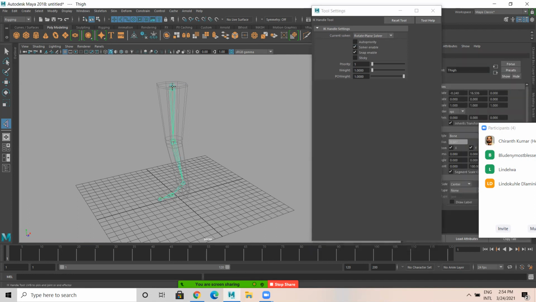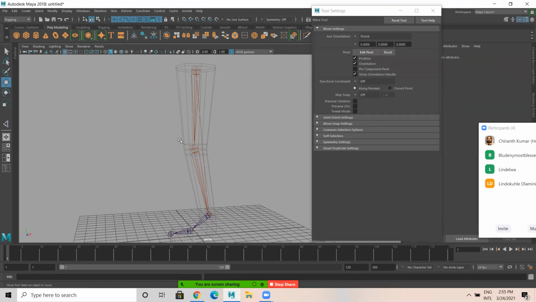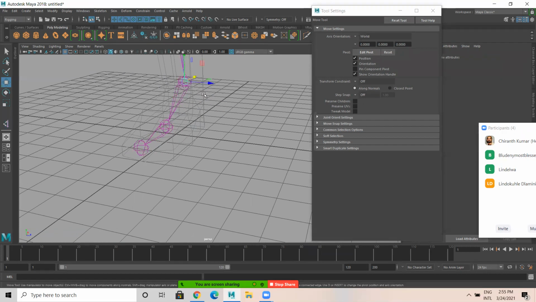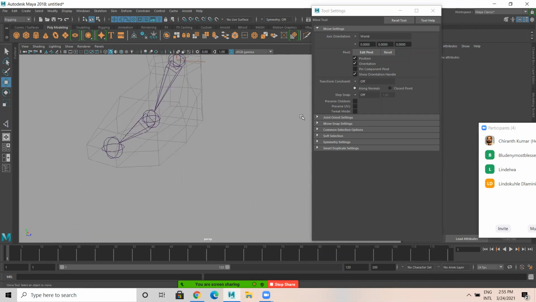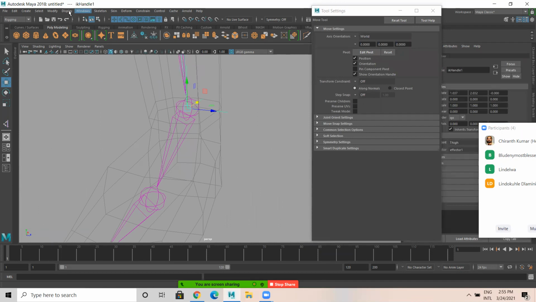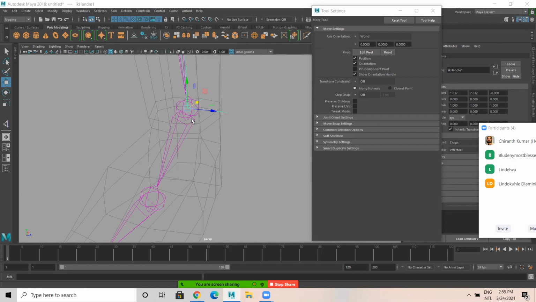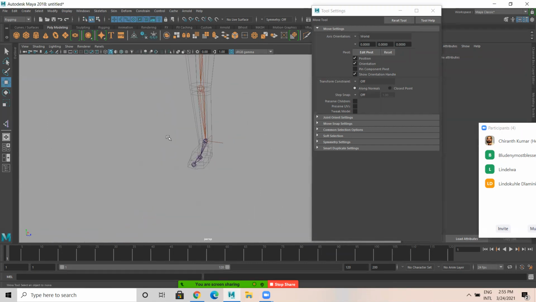Now click on this. This is the first joint. Click on the thigh joint, from thigh to ankle. RP solver is from thigh to ankle. When you do that, you get this solver. So this handle, can you see? IK handle, this is the one. I would like to increase the IK handle size.